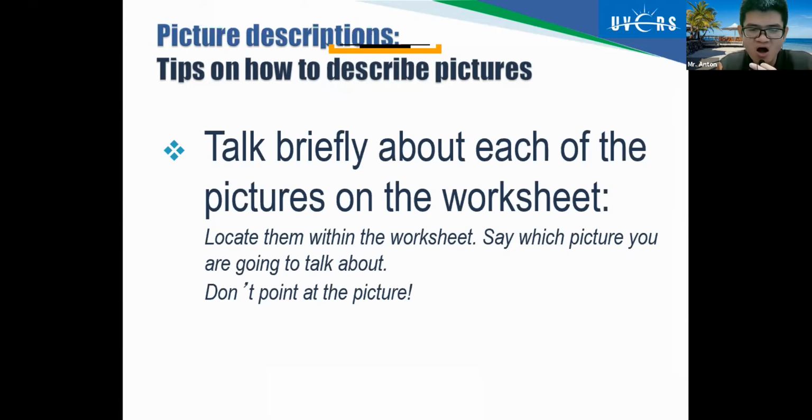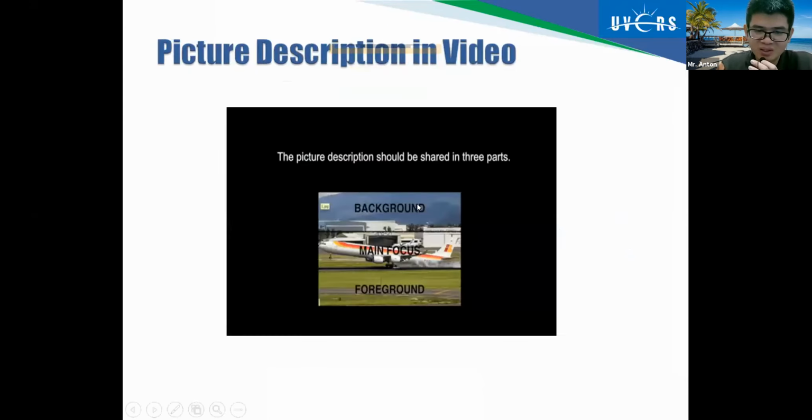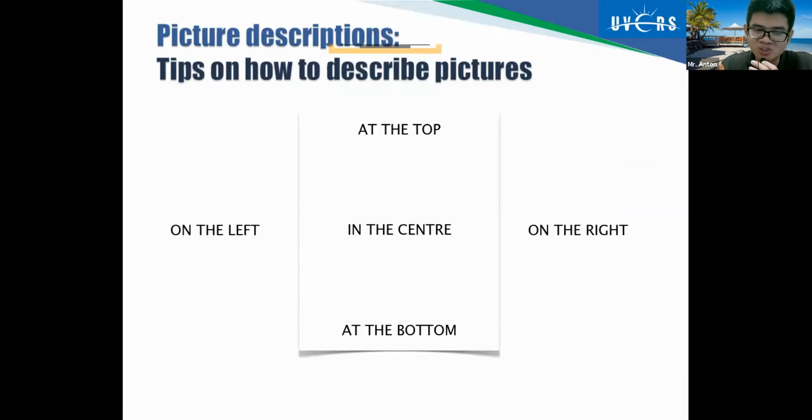Maybe you want to say, oh, sir, you can see an arrow there. The pointing is an arrow. No, it's just helping you to know about the top. Maybe you didn't know about the top. You think the top is lower. It's at the bottom, maybe. Okay, so you use the direction here. You can use at the top, at the bottom, on the left, on the right, and in the center.